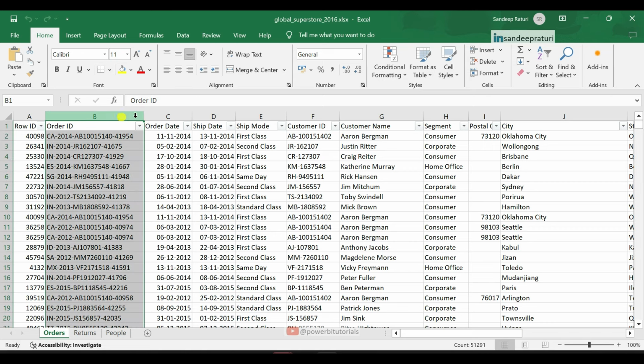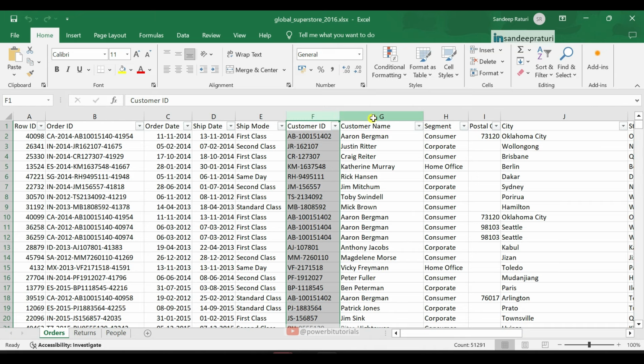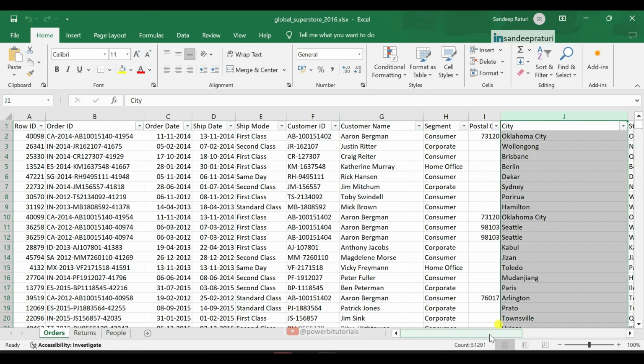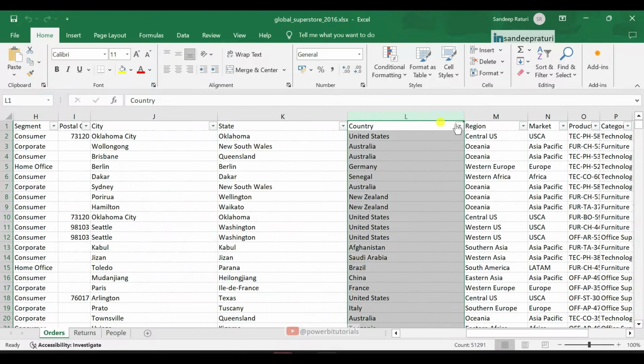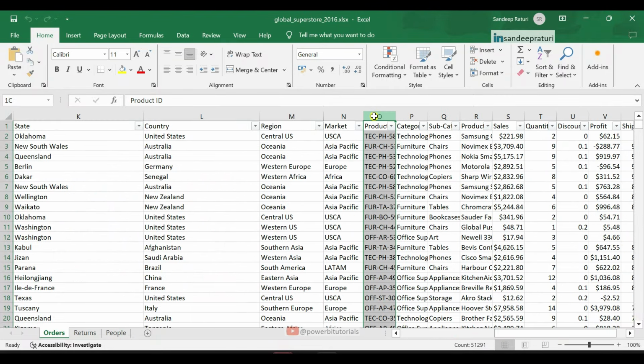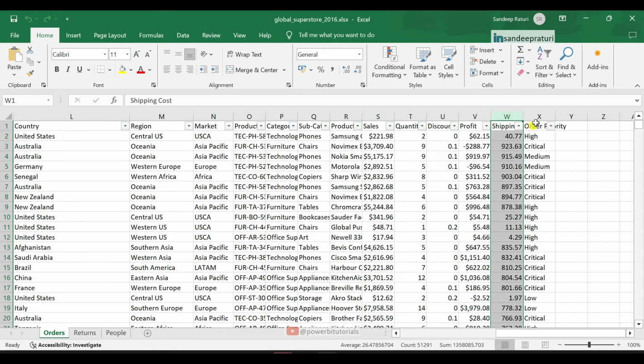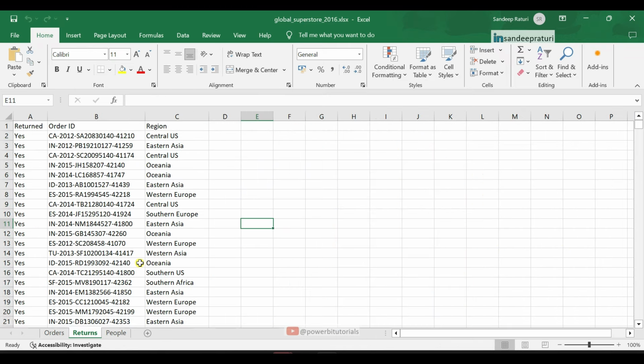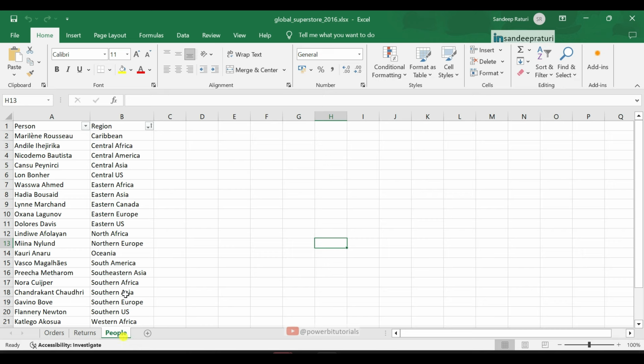So here you can see the order ID, order date, ship mode, customer ID, customer name, segment, then we have postal code, city, state, country, region, market. This is the product ID, category, then we have subcategory, product name, sales, quantity, discount, profit, ship cost, then we have order priority. The returns table contains the return order information, and in the people table we have region-wise customer information.